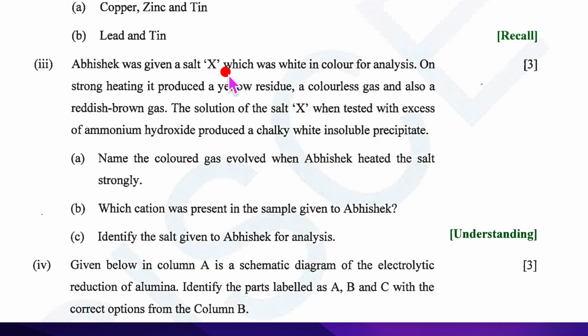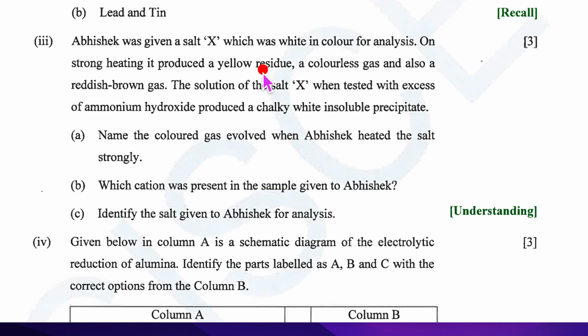Abhishek was given salt X, white in color, for analysis. On strong heating, he got a yellow residue. A yellow residue must be PbO, or yellow when hot and white when cold means ZnO. A colorless gas means oxygen, and a reddish brown gas means NO2. That means this X must be a nitrate. The solution X,